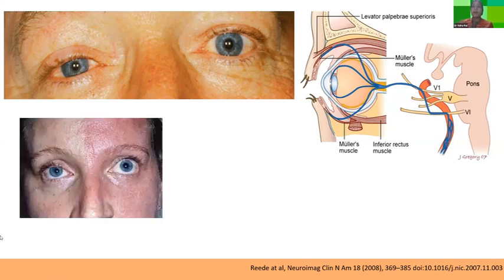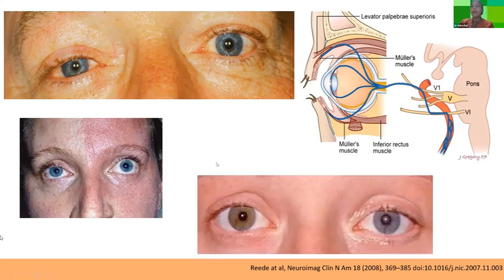Then the sweat secretion of one half of the face is decreased. At times there can be flushing of the opposite half of the face, leading to the typical Harlequin sign. And in children who have congenital Horner syndrome, because of the sympathetic involvement, the pigmentation of the iris changes and leads to heterochromia, an abnormal pigmentation color of the other iris.